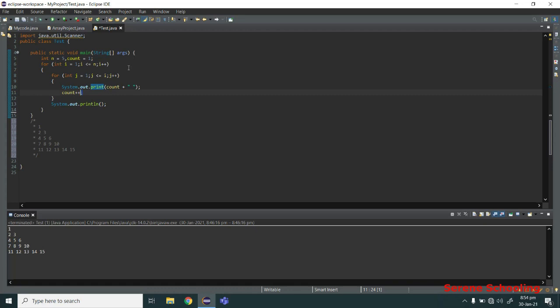Then it will go to the top again. It will increment j. Now j is 3. 3 is less than or equal to 2. That's false. Then it will exit. Then it will again print a new line. Then again it will increment the value of i, and then it will check whether i is 3 now. So it will see that 3 is less than or equal to 5, and it will enter this loop. It will first run for j equal to 1, then it will print 4,